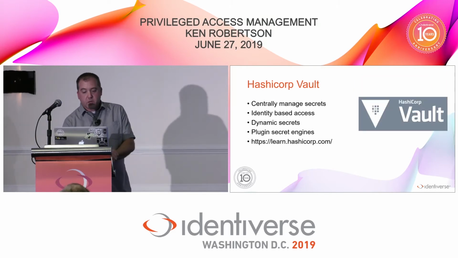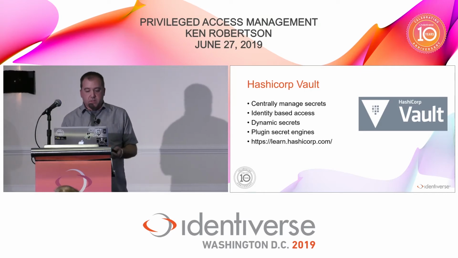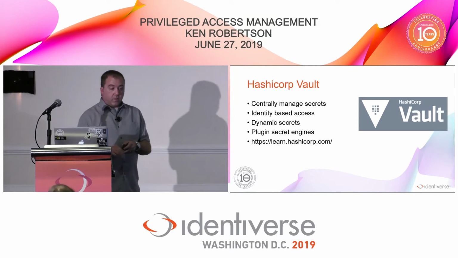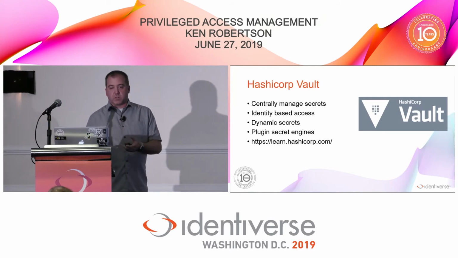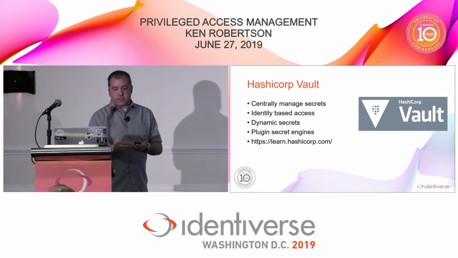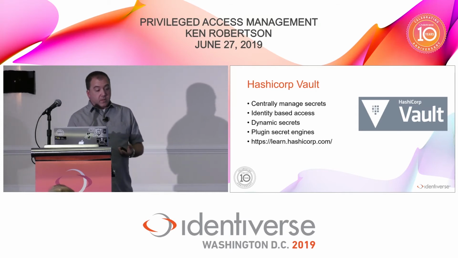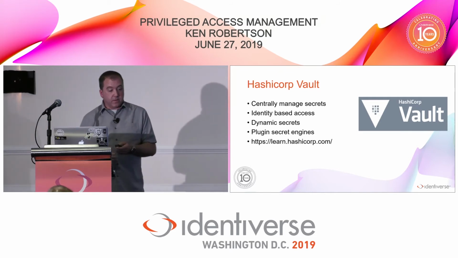Okay, HashiCorp Vault. It has a lot of similarities to Conjur, but the way that it does things is a little bit different. One thing I mentioned here is the plugin secret engines. The way they manage secrets is they'll have a secret engine that does key value stores, one that does AWS API connections, and one for databases. So depending on what kind of credentials you're going to save there, you've got these different secret engines that you can add.